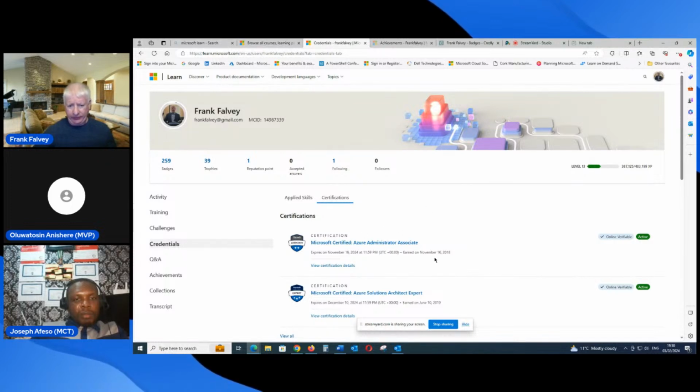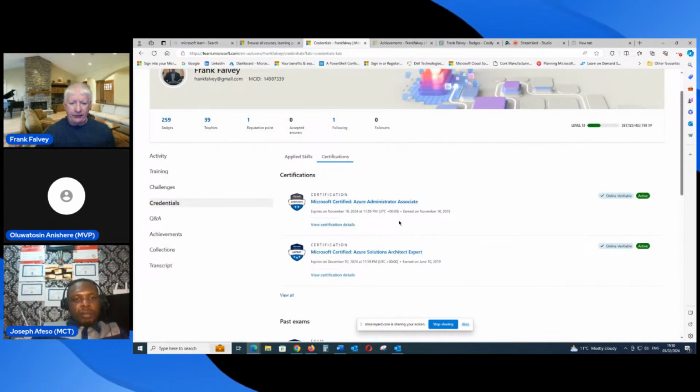These are 2 of the certifications I have, and over on the right hand side you can see they're green, they're active. It says expires on November 24. So in a couple of months' time, Microsoft will send me an email saying that I have a couple of months to do the actual renewal.